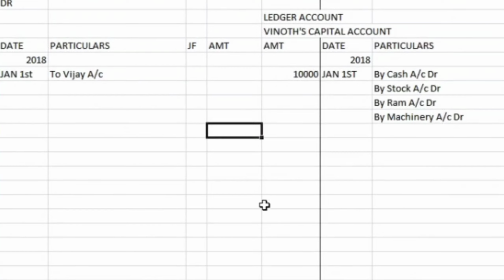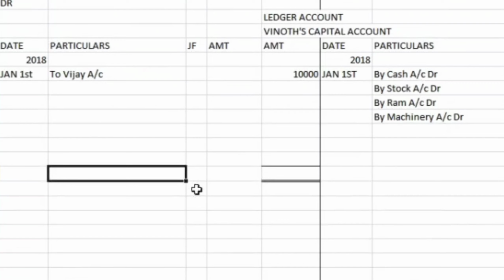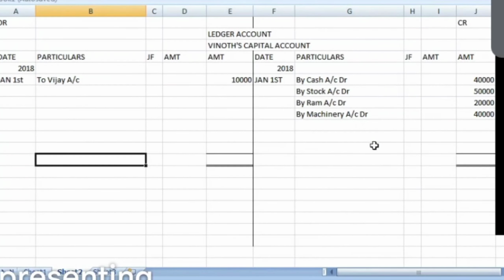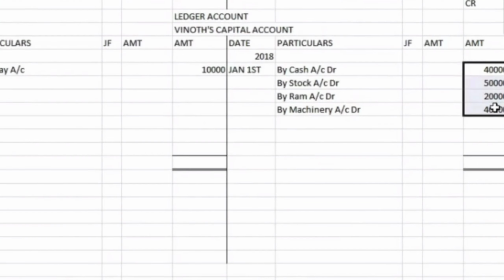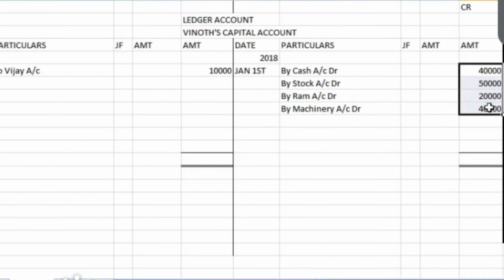The next step is that we are going to balance it. We have recorded all the accounts from the journal entries into the ledger of Vinod's capital account. So roughly leave 2 or 3 lines and draw a grand total. After the grand total, come to the credit side, which has more entries. If you add it, you get 1,50,000. And the debit side is only one entry, which is 10,000. So 1,50,000 is the greatest total. See that you write it as the grand total on both sides.